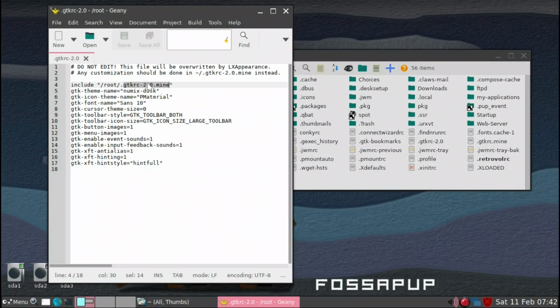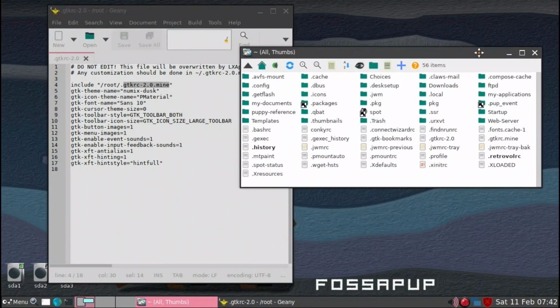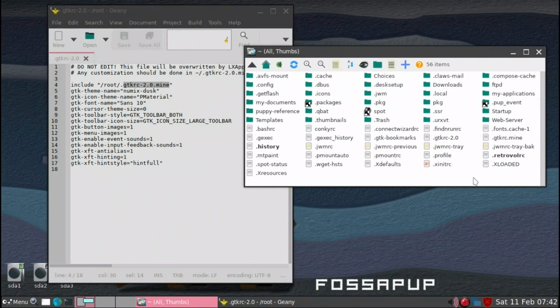If you look at this file, there is a similar file here, but it is not quite the same. You can see that 2.0 is missing. I believe there was a mistake on Fossapup. With most of the other Puppy Linux versions I'm aware of, there is no GTK-RC 2.0, so with most of the other Puppy Linux, what you can do is just go ahead and get into the